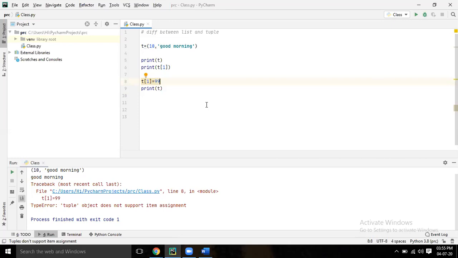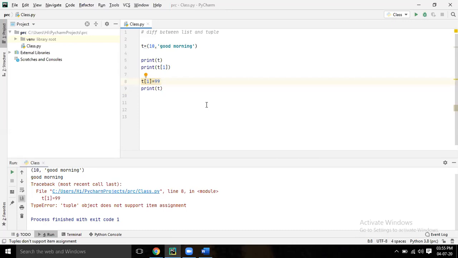If the next question is, in a practical scenario, when are you going to use each? If any item you want to change, then use a list.